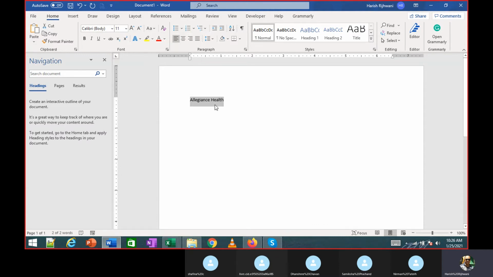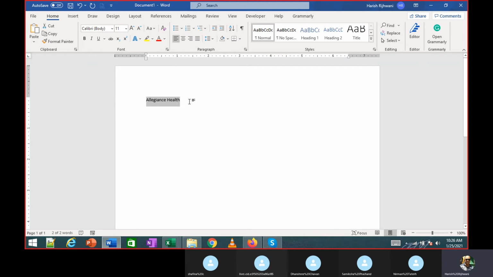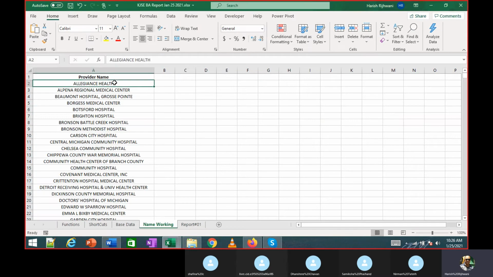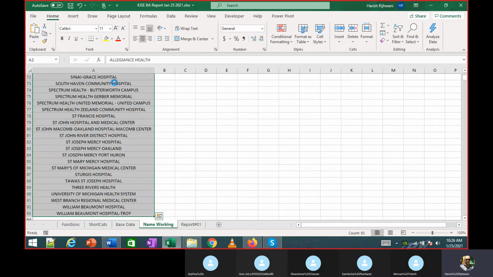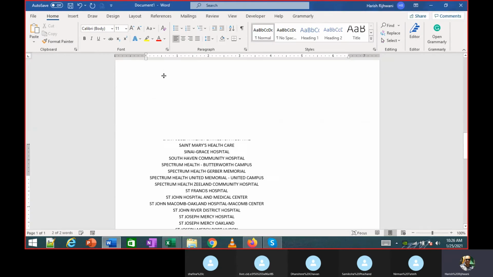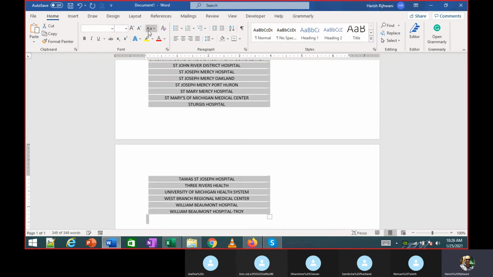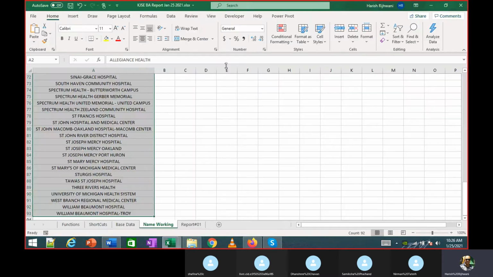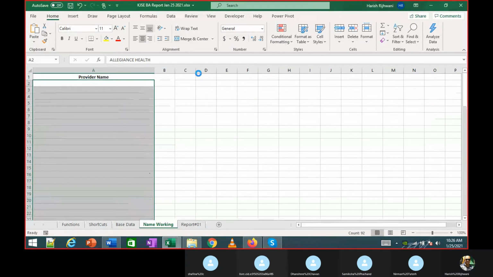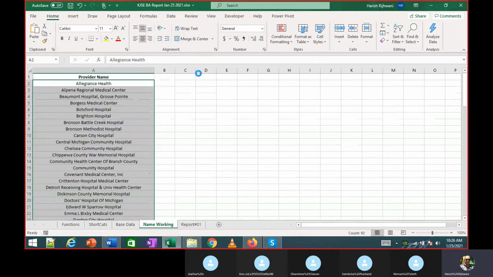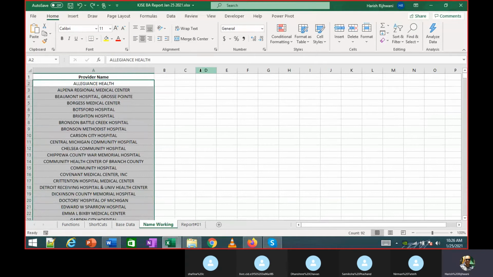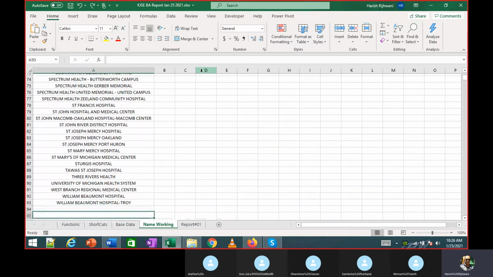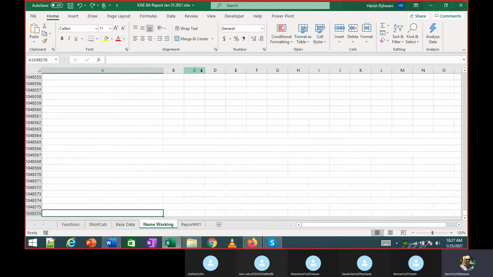This is what I want. Allegiance Health. This is how I want it. Obviously, one way is I can just copy this data into Notepad or Word, change it to capitalize each word, copy this and put it back here. This is not what I want. I don't want to do it this way. This is more tedious. What if you had 10,000 records? You can still do that. What if you had 100,000 records?